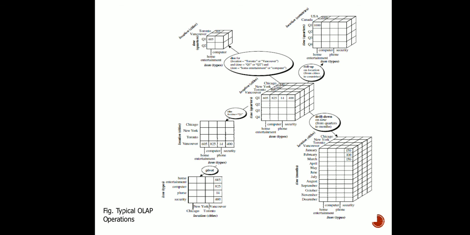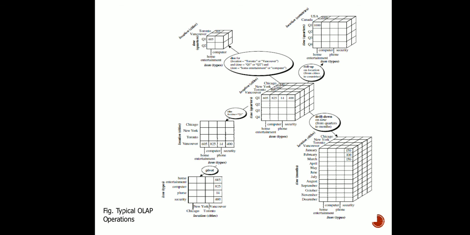So if we add these two up and find out the sale of USA for the product, it is going to be 2000. Now if we have to find it out for Canada, that means we have to add up Toronto and Vancouver. You can see here for quarter 1, it is written in the front face. That is 605, and for Toronto it is 395. So if we add it up, it will be 1000.